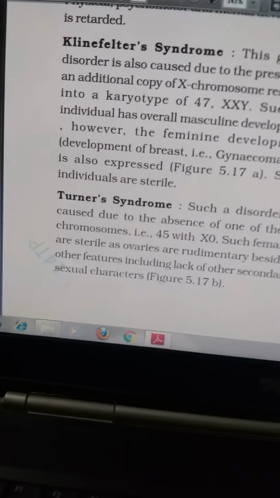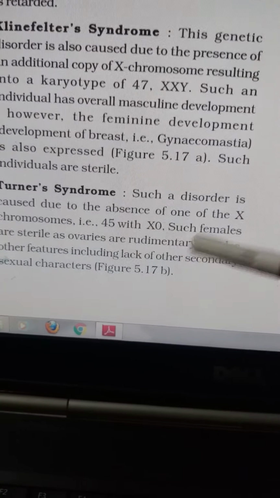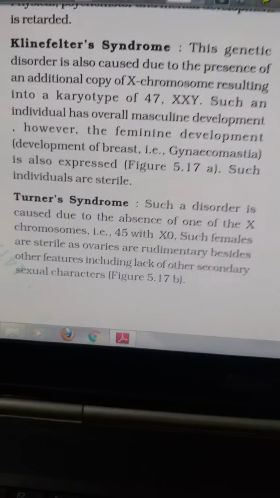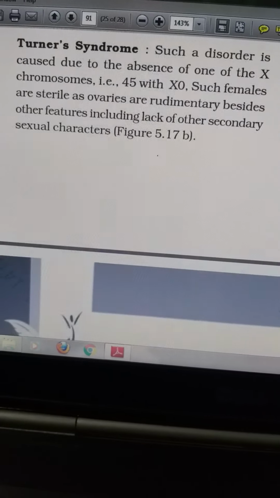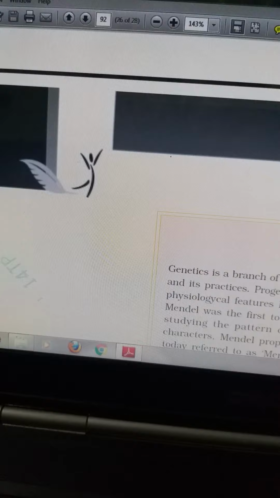Now in Turner syndrome, you see this is due to the absence of one chromosome. So they are X0. Such females are sterile. Okay, this I had also dealt with earlier. Turner syndrome, Klinefelter syndrome. So you go through them. Okay, now with this we come to the end of the